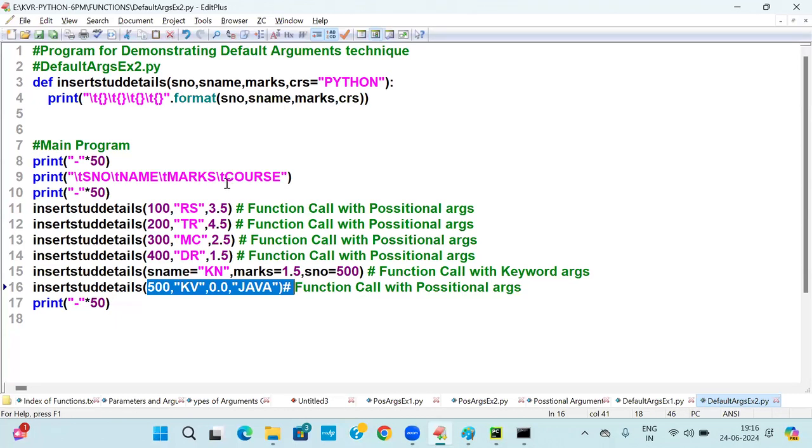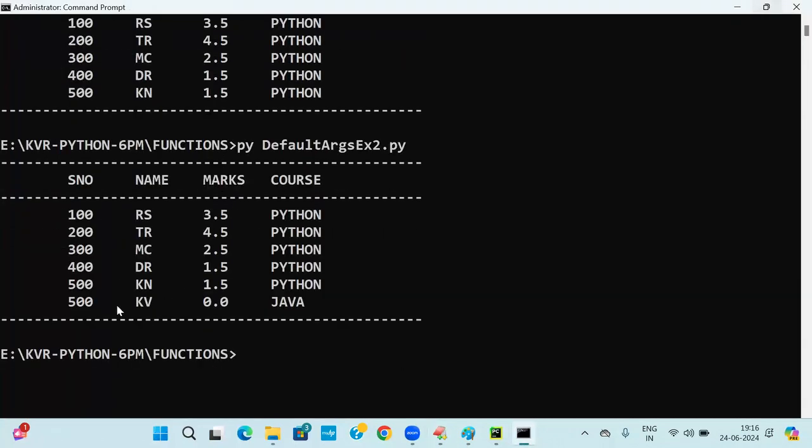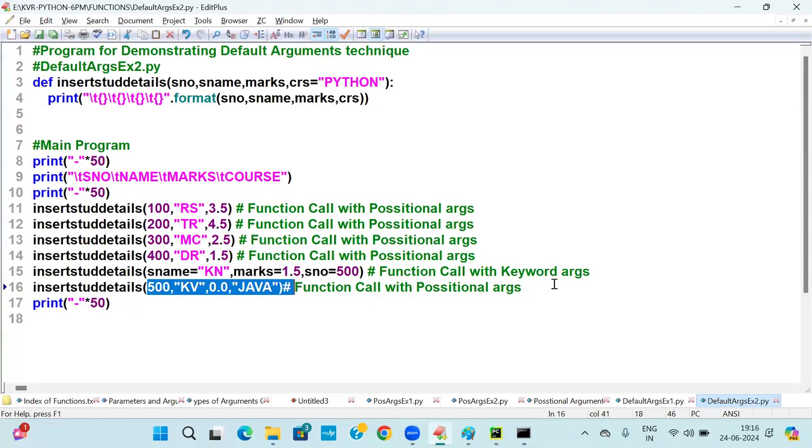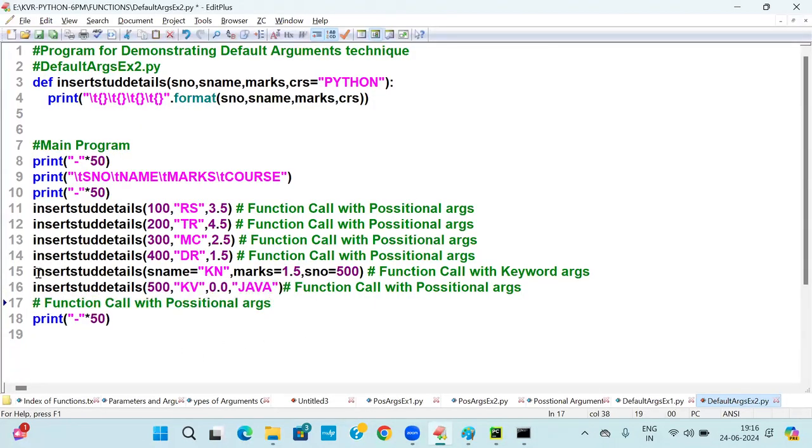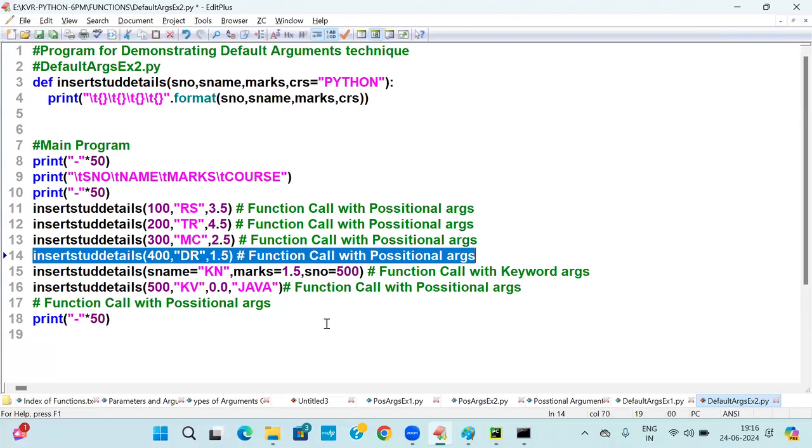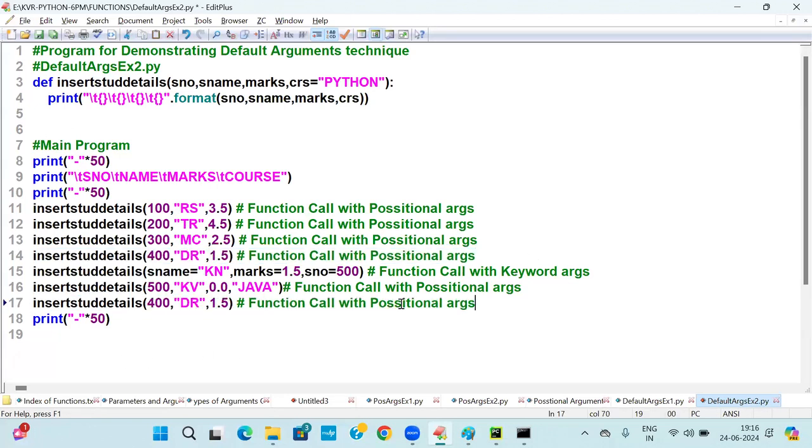Run this now. Execute. See students. What is that course called? Java. Now, I will go to one more kind of thing. Go to this place. Here I am going to write 600. Next is called something like UD. I will take it as what